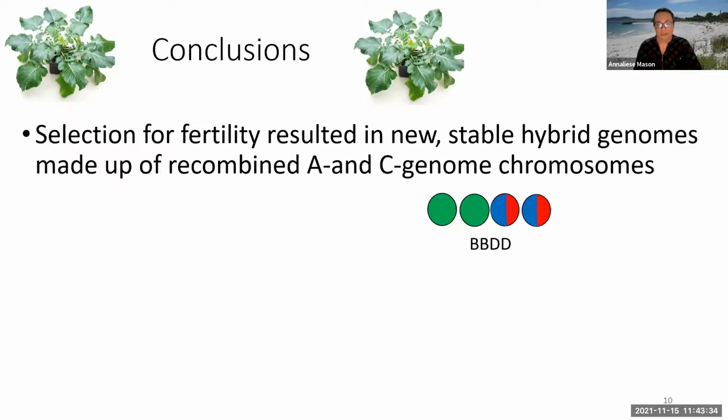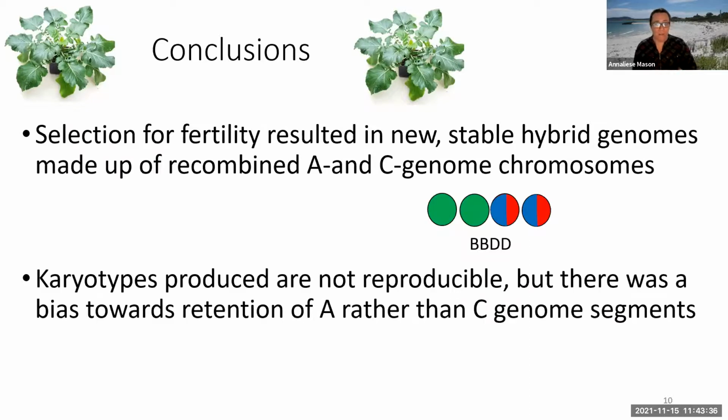And this is our result. So the karyotypes produced were also not reproducible, which is potentially interesting, but there was a bias towards the retention of the A rather than the C genome segments. Okay,